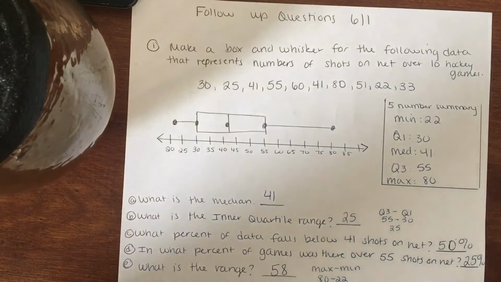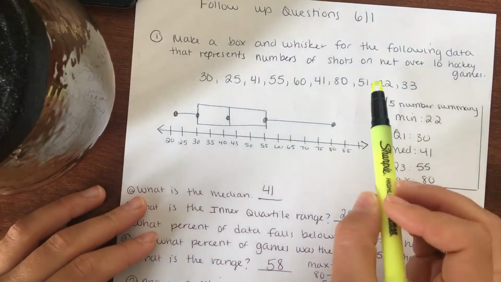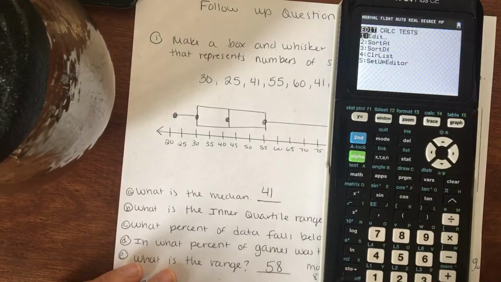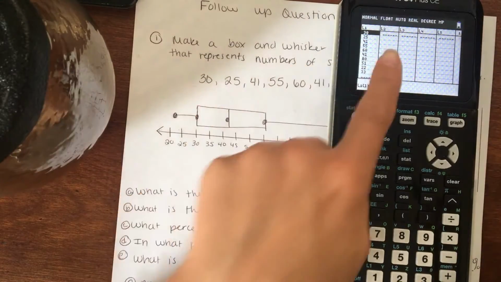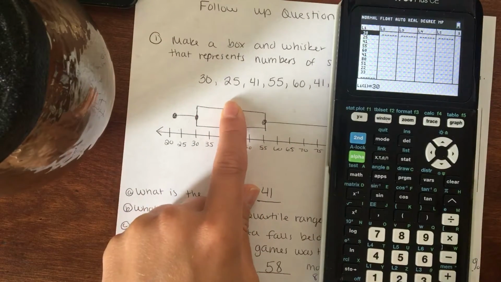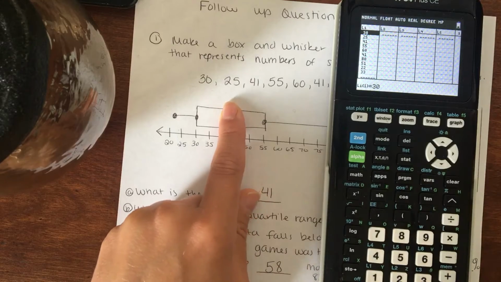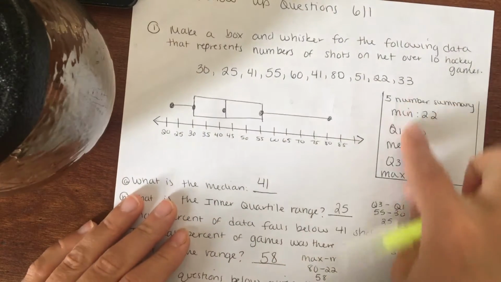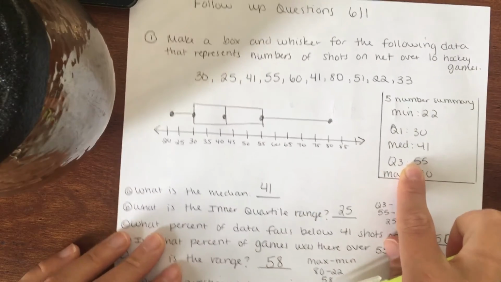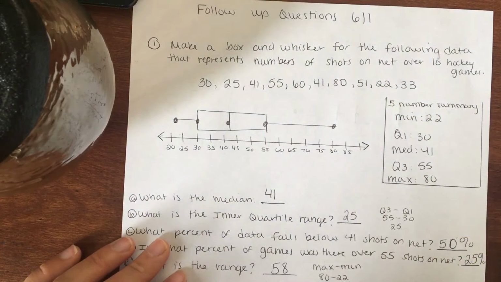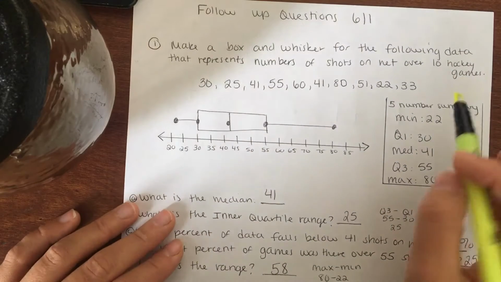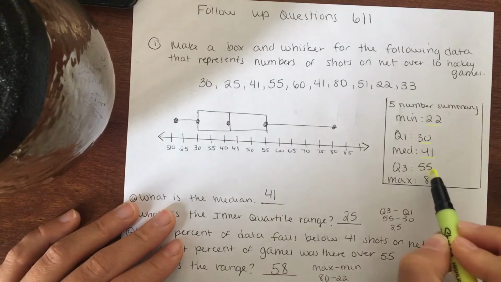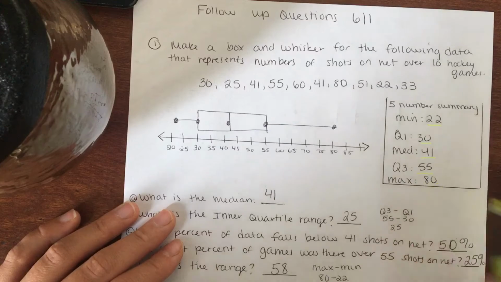Okay, so the first thing you had to do is plug all this into your L1 and then calculate. Make sure when you plug it into your L1 that your numbers match the numbers listed here. It's very common to plug something in incorrectly and then you're going to get everything incorrect. So if your 5-number summary does not match mine, double check that you plugged these in correctly. Make sure that your minimum was 22, Q1 was 30, median is 41, Q3 is 55, and your max